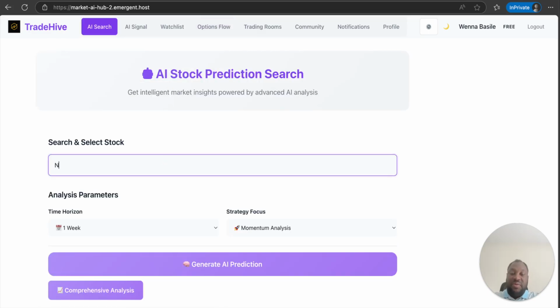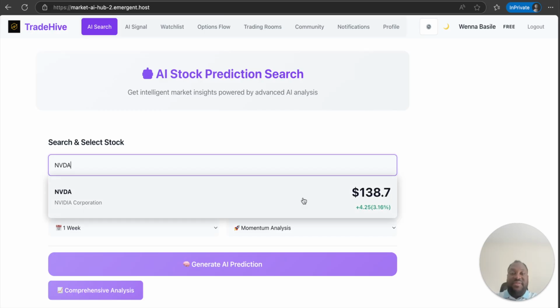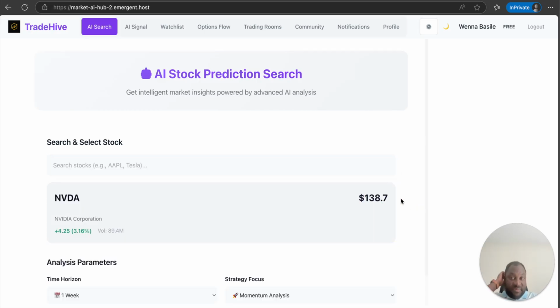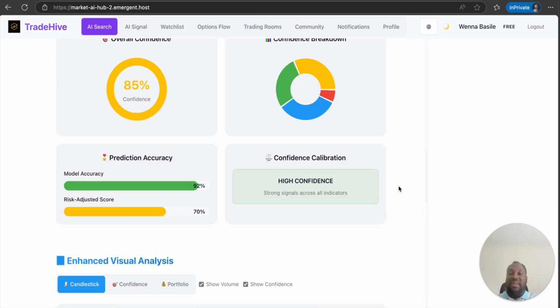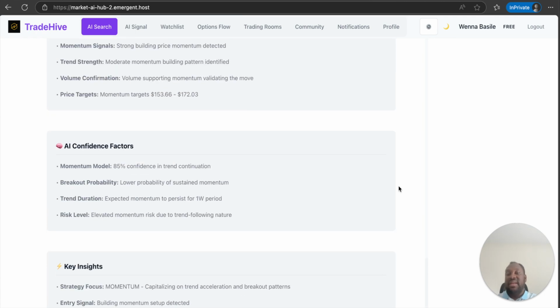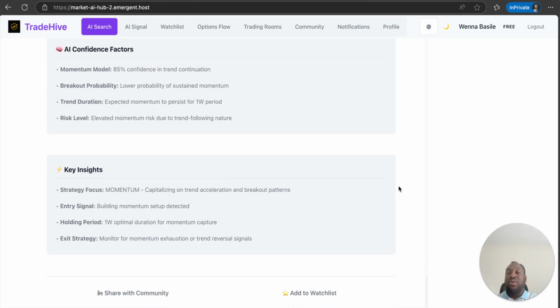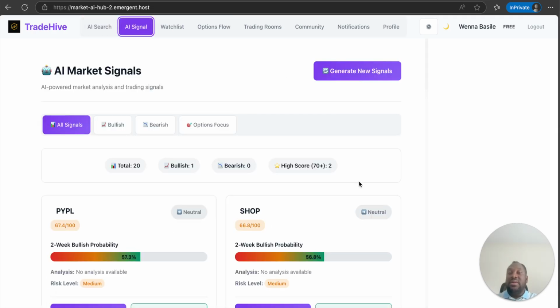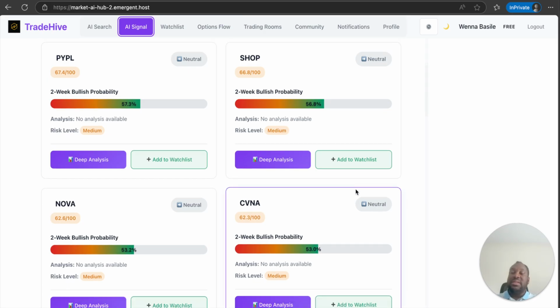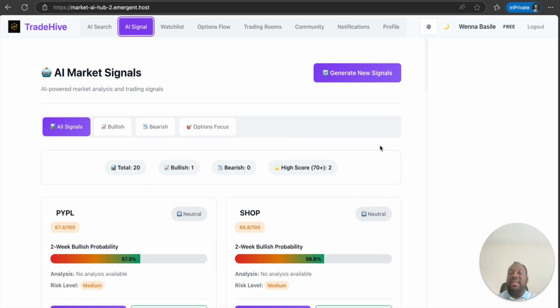For instance, if you search NVIDIA, it will give you the AI confidence on NVIDIA and everything. I'll do more videos to walk you through. This is a very interesting model, the AI search and the AI signal. All of them are very interesting because it puts you in it, and it updates every 30 seconds.